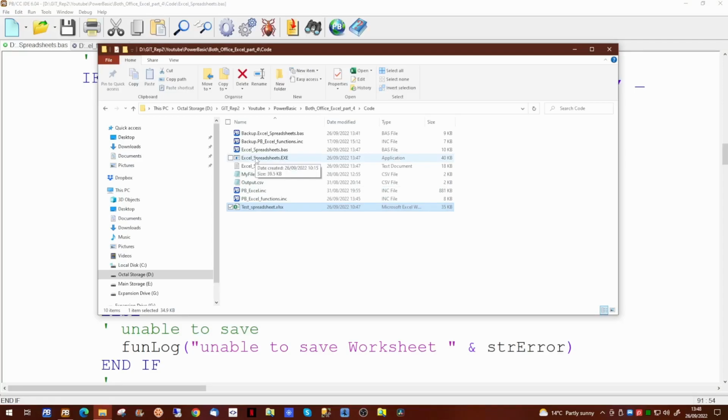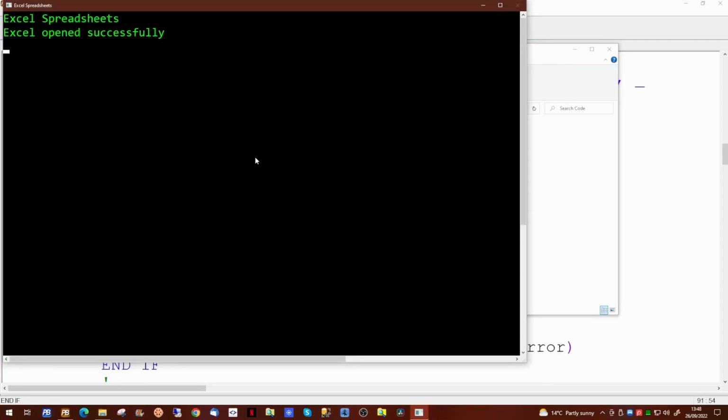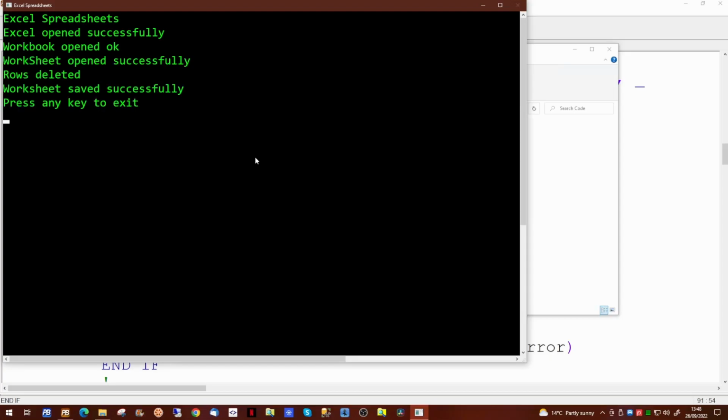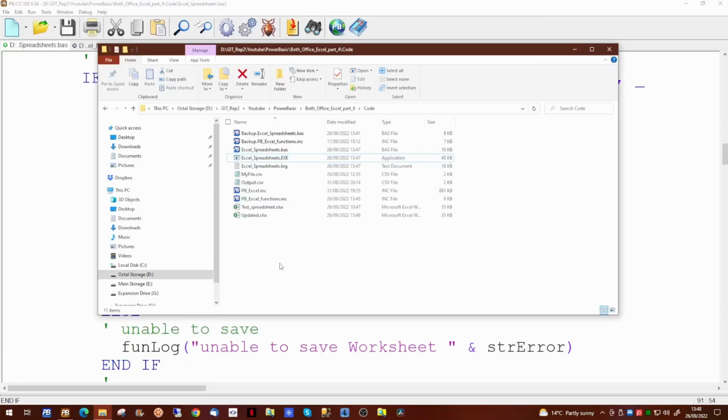So if we run our Excel spreadsheets application now, it will tell us it is opened and it's saying that the rows have been deleted and the worksheet has been saved successfully. So there is our new updated XLSX. And if we open that up,